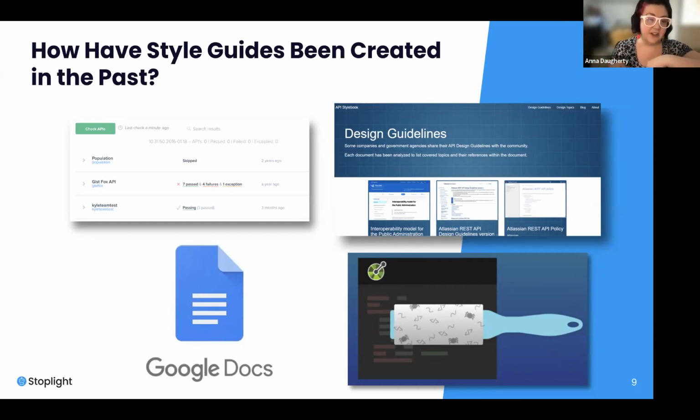And then on the left here, you'll see linting, right? So maybe you used a style guide linter in your lifecycle management, but it doesn't really outline your style guide. It's just linting against rules. We have a similar open source project, Spectral, that also lets you create rules and lint against them. But we wanted to take it a step further and bring Spectral's technological advancements higher into the business sense. How can we use Spectral to help you get consistency across your API program and not just each individual API design?